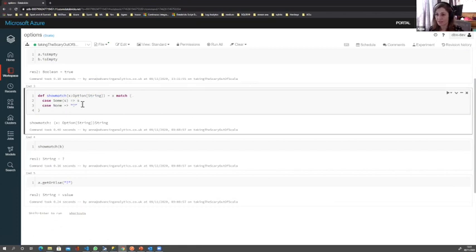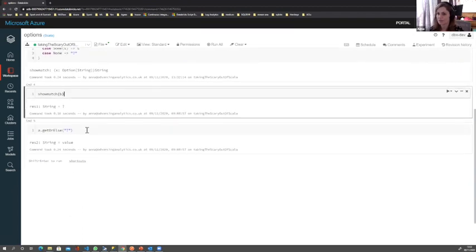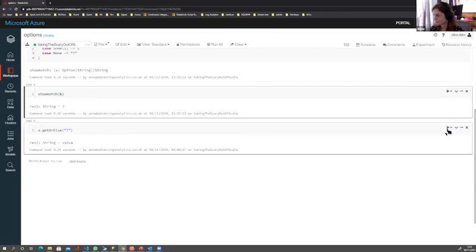So here we're doing a bit of pattern matching. We've got a function we're defining, showMatch. We're taking our option result. We're doing a case. So if we've got a Some, we return the value. But if we've got a None, we're going to return a question mark. So this is one of the nice ways we can work with our options and do something a little bit more clever with how we handle those empty values. So it's saying showMatch B. We know B is empty, so it returns a question mark.